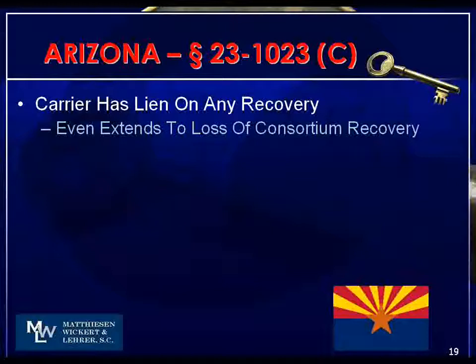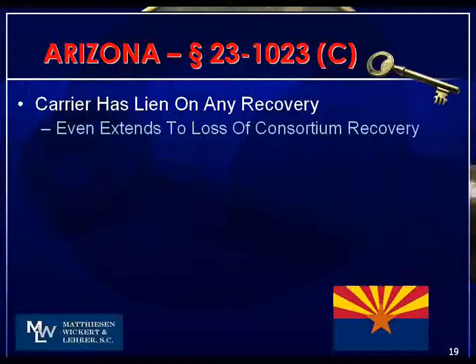In Arizona, one of the most favorable states for workers' compensation subrogation, the carrier has a lien on any recovery. And in Arizona, they avoid one of the problems that we see quite regularly. You get a third-party case where there's minimum limits of $25,000. You have a lien of $18,000. The plaintiff settles for $25,000, and rather than paying you $18,000, he says, well, I'm giving the injured worker only $10,000 of that $25,000 recovery. $15,000 of it is going to the wife, or to the husband if it was a woman who was injured. And therefore, only $10,000 of the recovery is subject to your lien